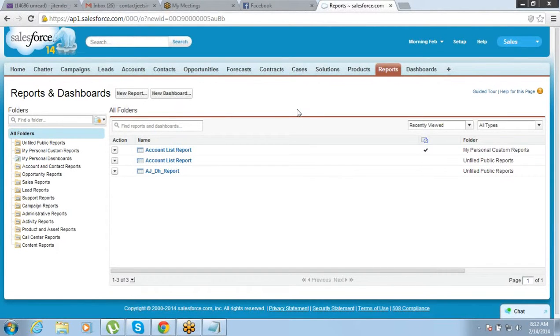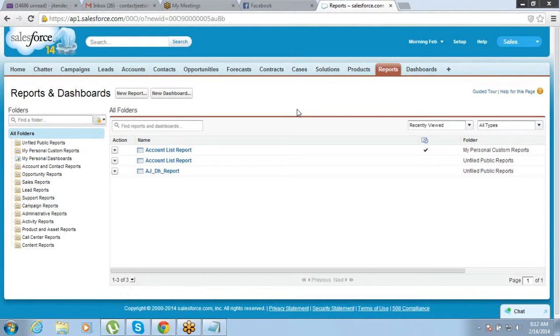Now once you've created a report, the next thing that we need to do is create a dashboard. What is a dashboard here? A dashboard is basically a collection of reports, multiple reports put together. Because we are putting multiple reports together, most of the time on a dashboard you would prefer a summary or a matrix report, that too in a graphical format. Because if there are too many reports and every report looks like a table, then it will become very difficult for you to understand, right?